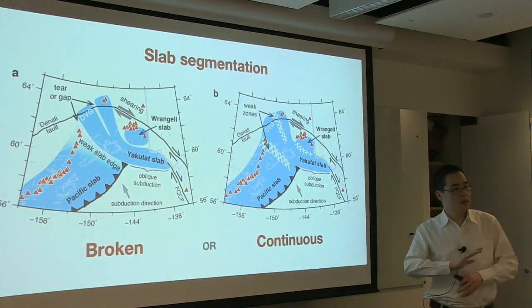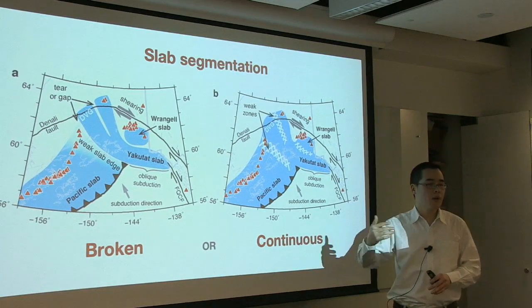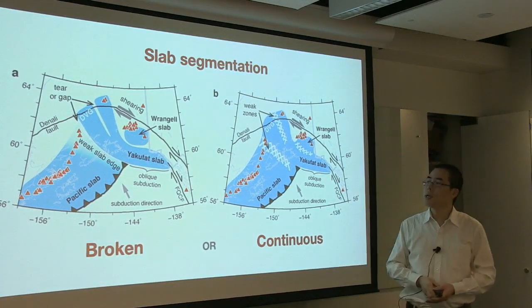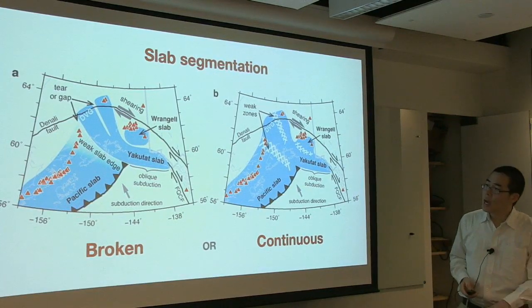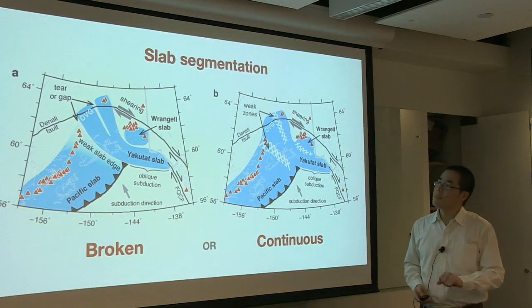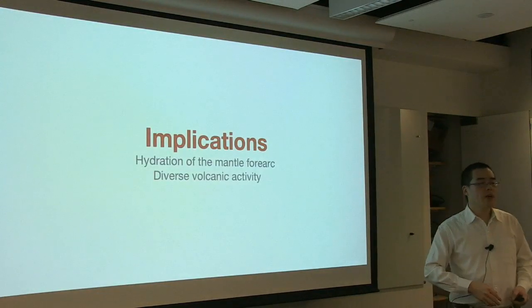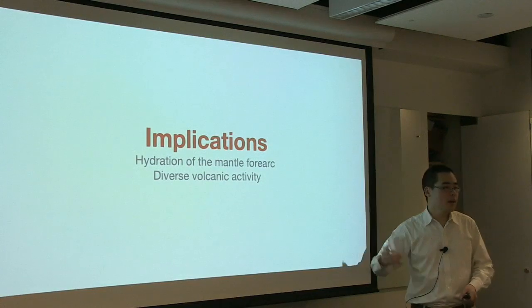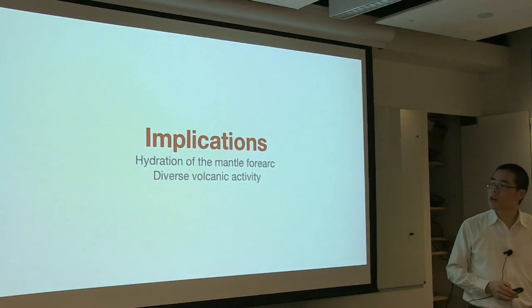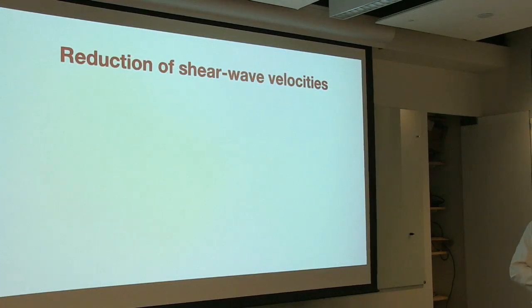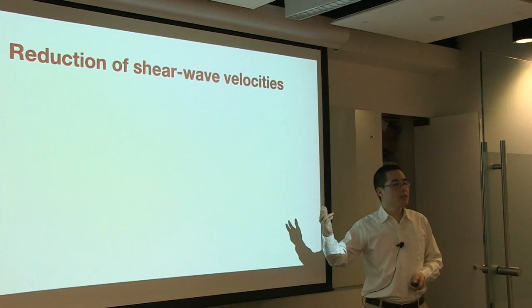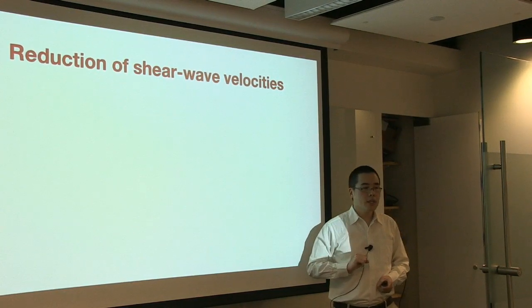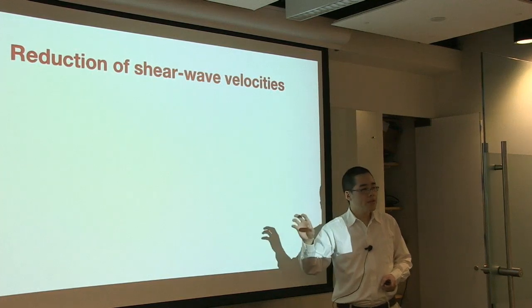from the surface, like GPS observations and some anisotropy or mantle flow simulations, to understand which model explains them better than the others. So after that slab segmentation, the next big implication is our understanding of the mantle dynamics and the volcanic activity. Let's start with some mechanisms that control or reduce the shear-wave velocities. We have seen low velocities within the back-arc mantle wedge at some places where we have volcanoes, and